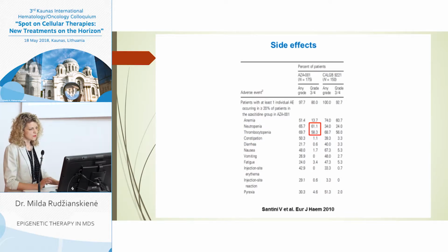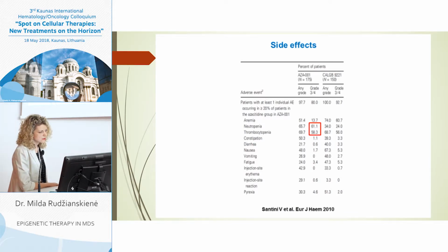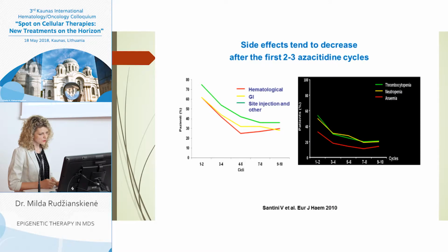The side effects are very common in the treatment with azacitidine, and as you can see here, the hematological side effects such as neutropenia and thrombocytopenia occur in more than 50% of patients, and they are grade 3 and 4. So it is very important to manage carefully during the treatment with this drug, especially, as you can see here, in the first cycles, because the side effects tend to decrease after the first 2 or 3 cycles of azacitidine